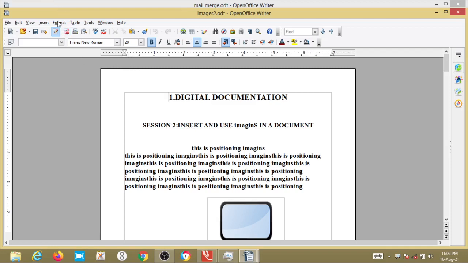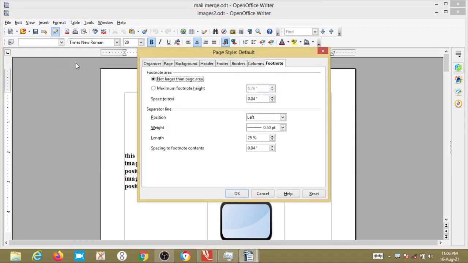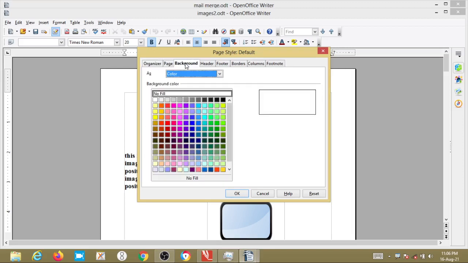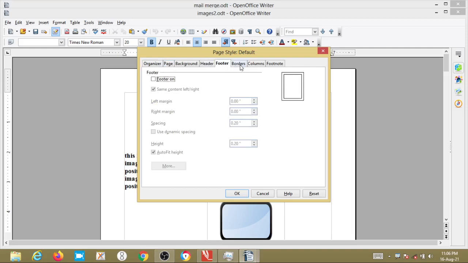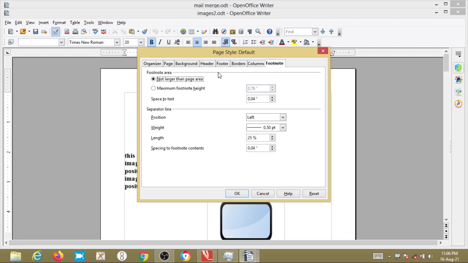Now how to add a header and footer, we'll see. First we have to go to Format. In that we have to go to the Page option. Here a dialog box will open, Page Style Default. In that, what are the menus there? See here, Organizer is there, Page is there, Background is there, Header is there, Footer is there, Borders is there, Columns and Footnote.